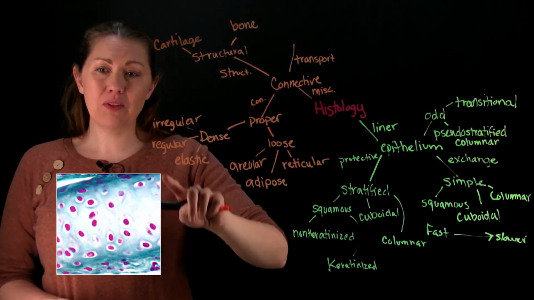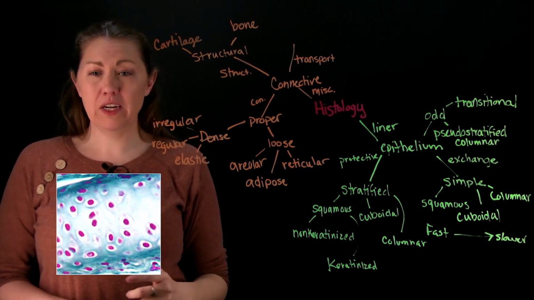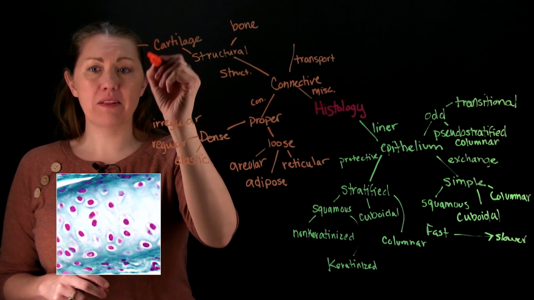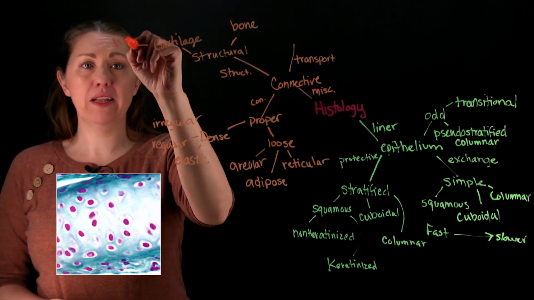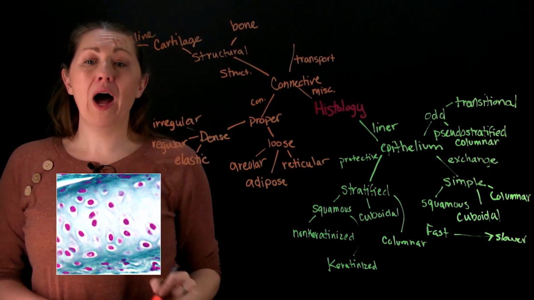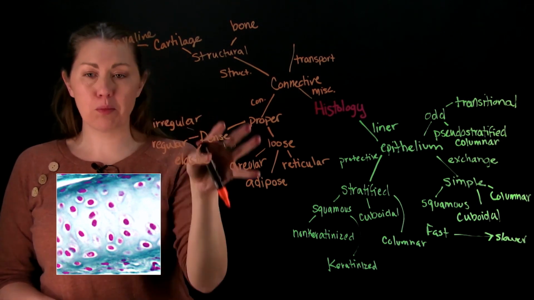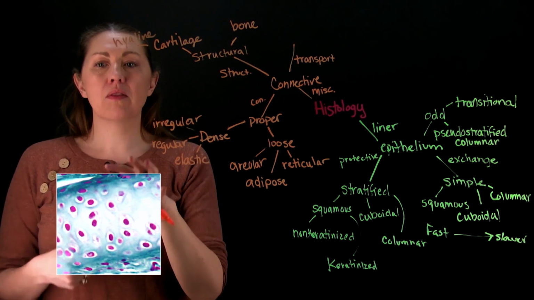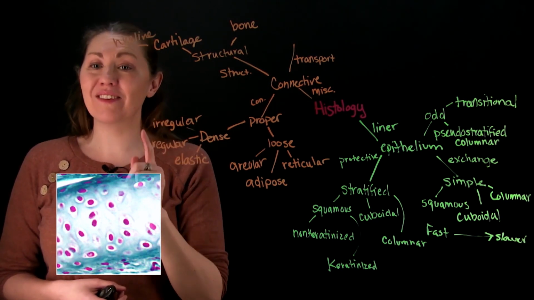And so that's what you see outside of all of these cells is cartilage. Now, cartilage comes in three varieties. I think of the one that's on your screen as like the base model, and that's your hyaline. So hyaline cartilage connective tissue, full formal name, will have these open spaces around cells where you can still see